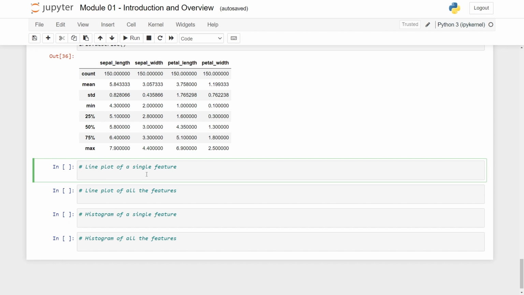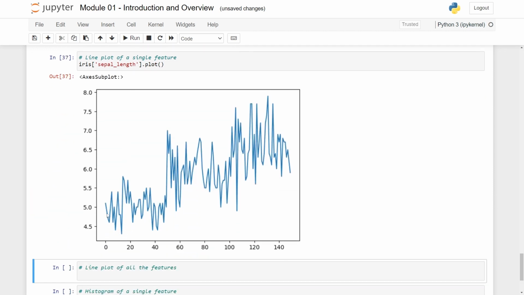So let's say that we want to make a line plot of the sepal length. So the first column up here. Then we can take the iris data frame and just choose the first column, which is sepal length. And then we can write .plot. And if we run this, it will give us a plot, so just a line plot, of all the different